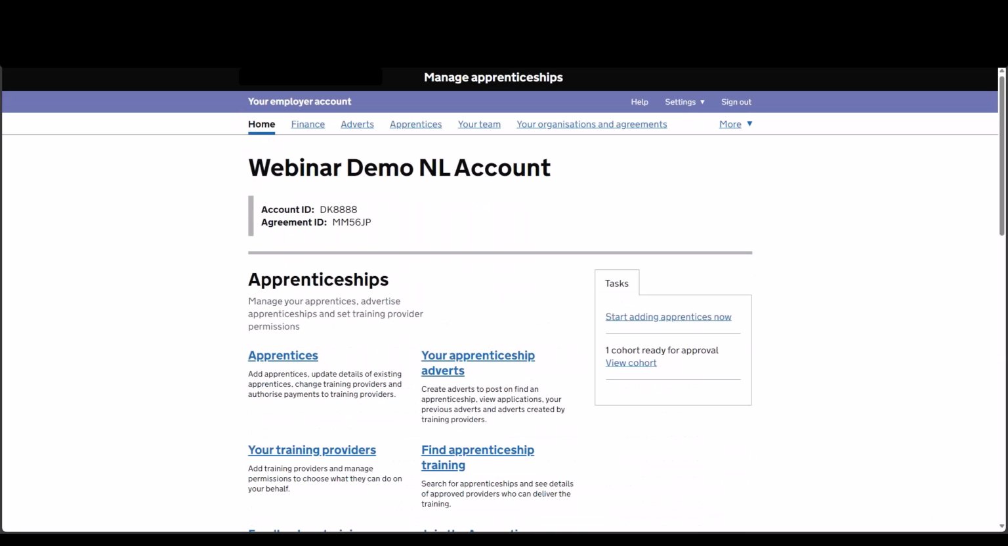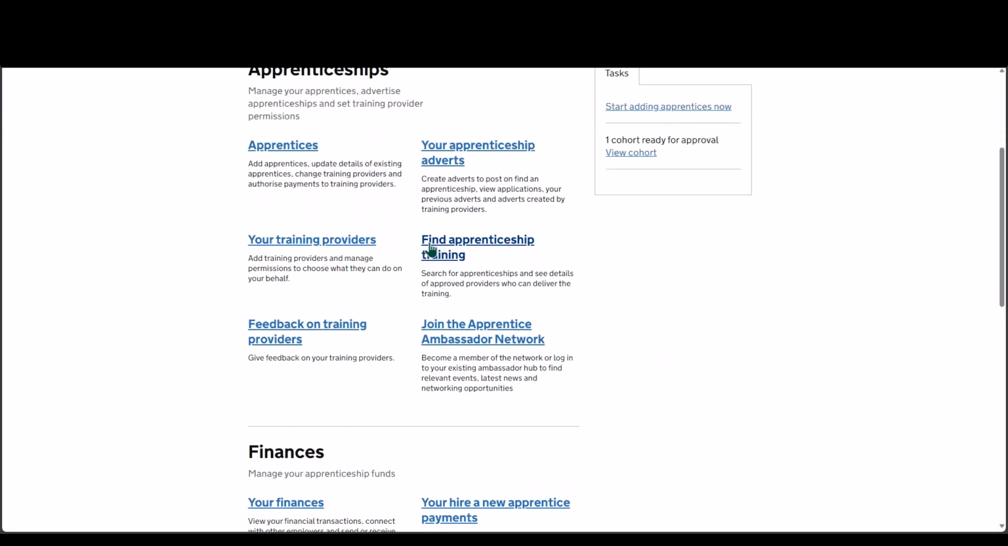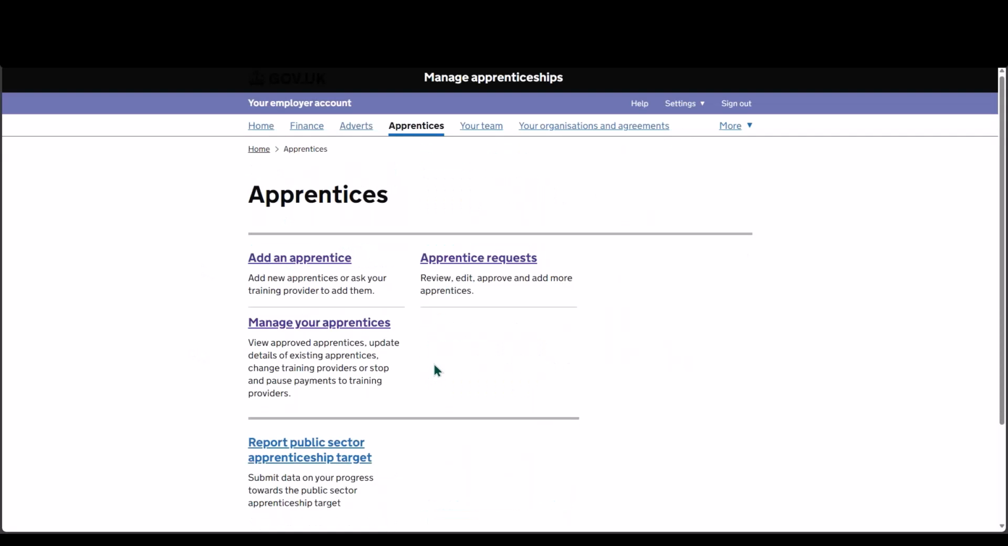Thanks, Rob. So now we're going to go back to the home page and we're going to click into Apprentices, where there are multiple areas that you can go into from this point. If we just click into Apprentices, please. Great, thank you. So the Add an Apprentice link is the journey we've just gone through to reserve funds and add an apprenticeship. There's also the apprentice requests, which we'll go into now, and is where you will be able